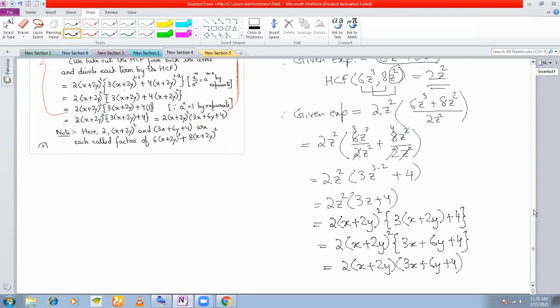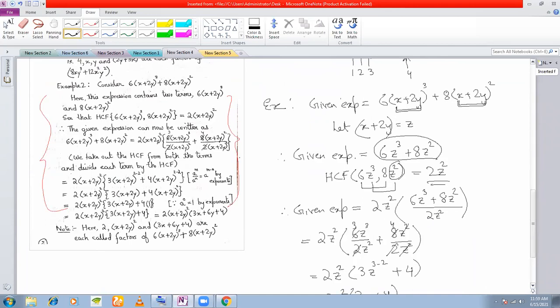Okay, now if you see in the notes, I have done the same thing, but I have done this directly. Here see, same thing I have done. This is your 2z square, which was your HCF, right? This is your z cube, this is your z square. The same thing I have done directly in the notes. So whichever way you find it convenient, whichever way you find it better, you do it, but later on this is the way we shall be doing. And even in the other notes also I have done it this way only. But here in the classes I will show you by assuming x, y, or z.